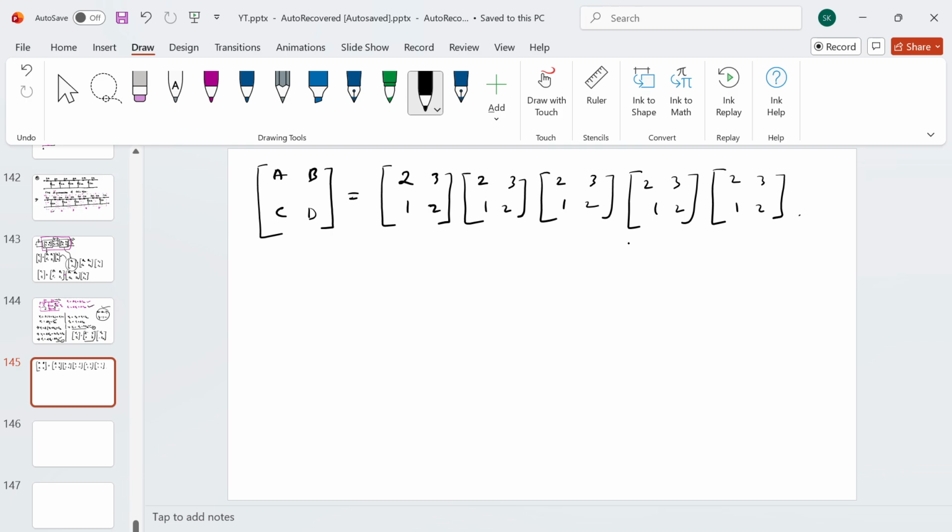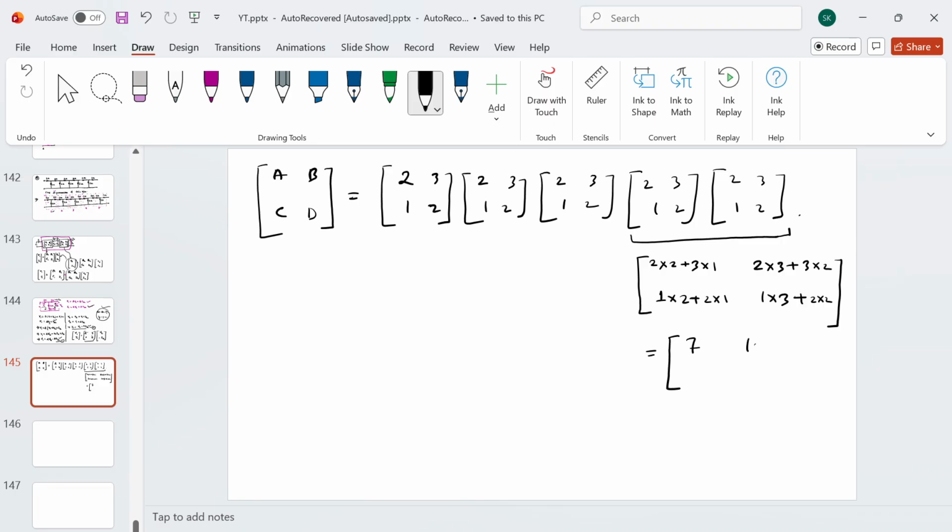So maybe I can do the multiplication from this side, or is there any way to do that? Maybe we have to go with this general approach. So if you just multiply this particular matrix, you'll get 2 into 2 plus 3 into 1, 2 into 3 plus 3 into 2, 1 into 2 plus 2 into 1, 1 into 3 plus 2 into 2. So you will get 4 plus 3, 7,